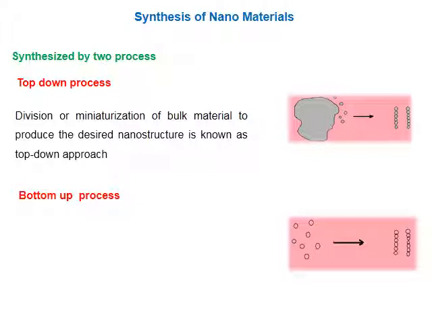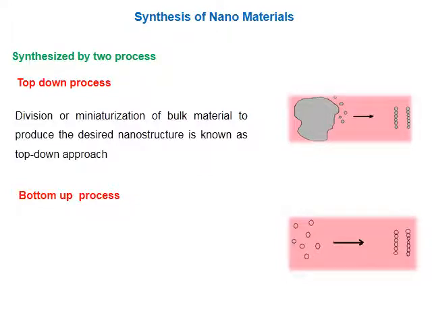So you are going to produce a desired small structure from a bulk bigger structure. This can be imagined, or it can be given as an analogy, that you can make a sculpture out of a big bulk stone. By removing unwanted parts of the stone, you can produce a desired statue like that. From a bulk material, you can remove unwanted parts, and by that you can end up with a desired structure. This is a kind of scaling down process.